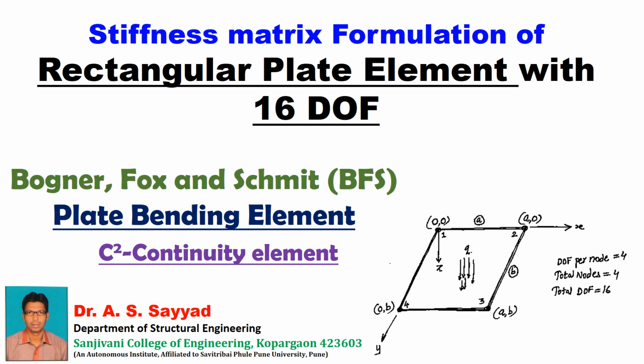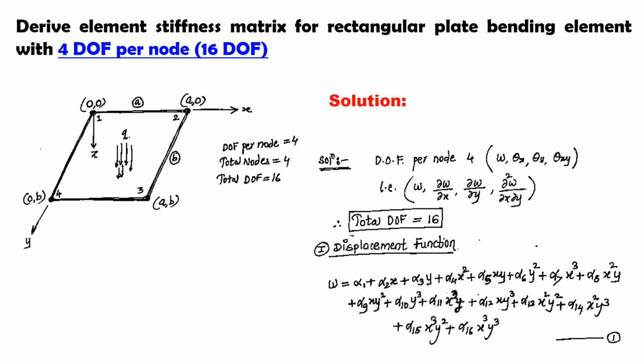In the last lecture, we had discussed the 12 degree of freedom plate bending element, that is the ACM plate bending element. Now this is the 16 degree of freedom plate bending element, that is the C2 continuity element. So the statement is: derive the element stiffness matrix for a rectangular plate bending element with 4 degrees of freedom per node,